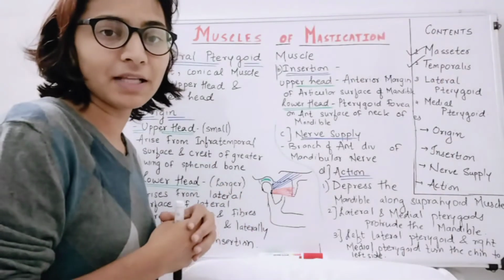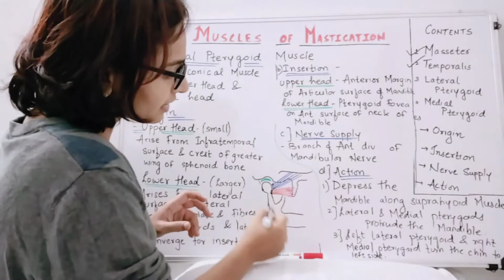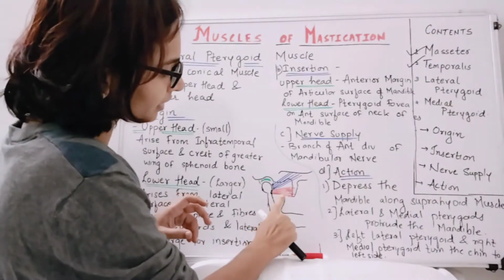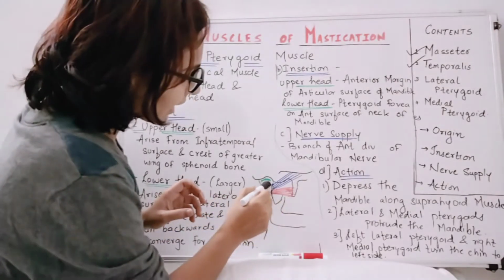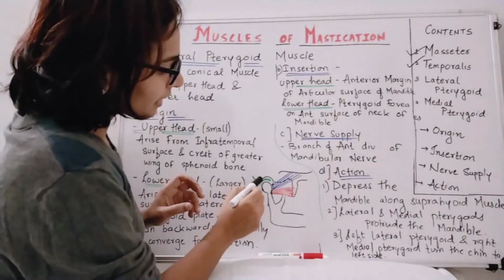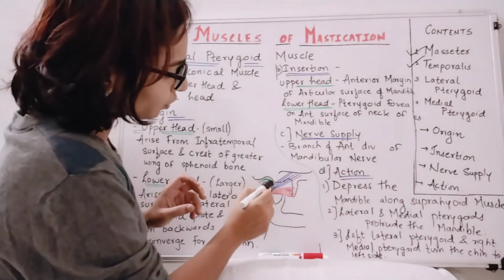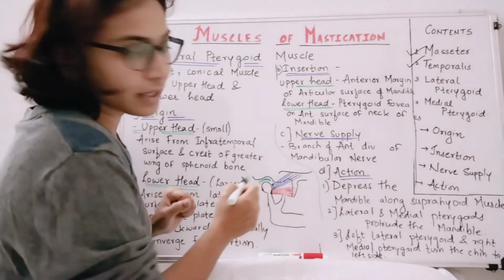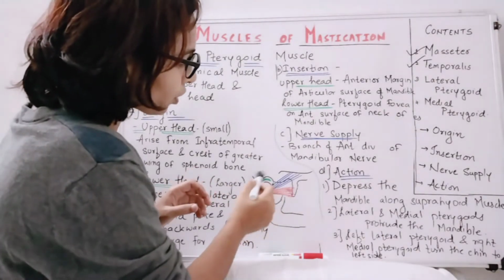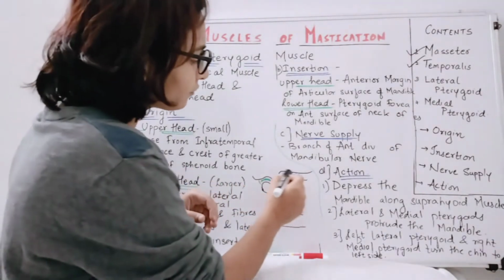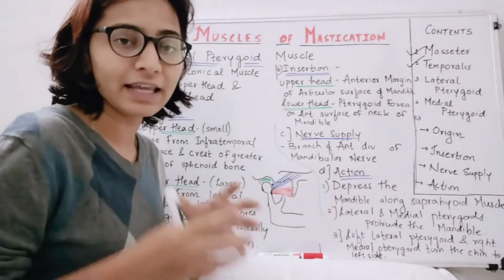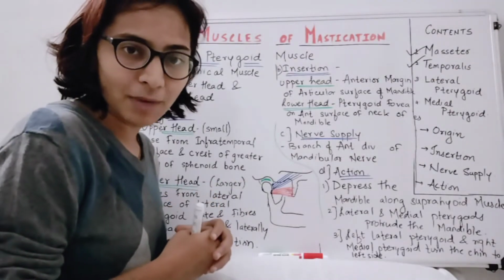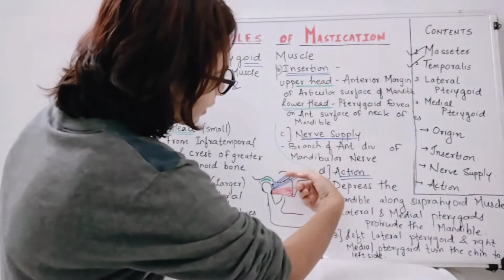So first let me explain about the diagram. Okay, so this is the mandible. I have not drawn coronoid process completely to make better understanding. So this is the condylar head, and above the condylar head there is glenoid fossa, and in between condylar head and glenoid fossa there is articular disc and the articular capsule. Okay, so this is the temporomandibular joint, and this is infratemporal bone which is part of the greater wing of sphenoid. So the upper head of the lateral pterygoid muscle originates from the